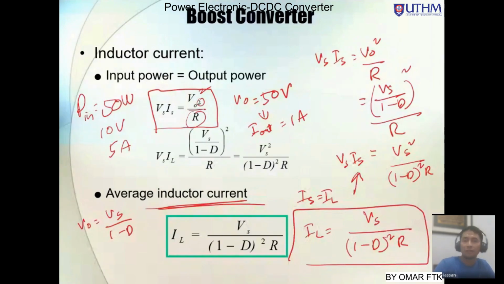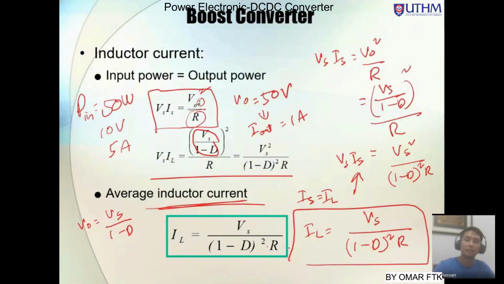So V out we can replace with this model. This one we get from the previous V out model. So from that we can get this. Then if we move this Vs to the left side, we will get this model. So IL is equal to Vs over (1 minus D) squared times R. Okay. So basically we need this model in order to determine the value of current that passes